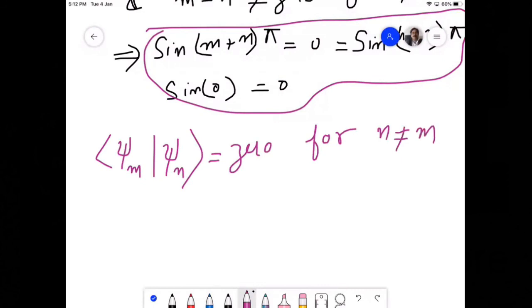So we got it. If we take the dot product of n,